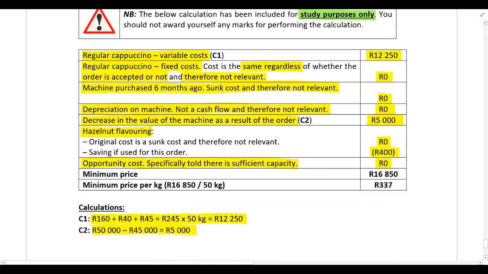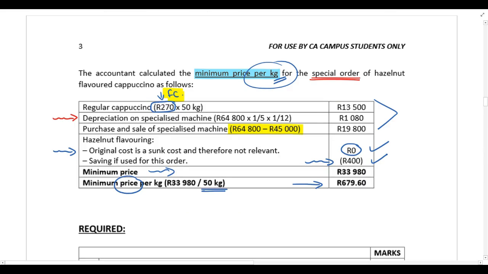All right. And then, guys, what's important to note over here is if the minimum price had been calculated correctly, we get to a price of 337 Rand per kilogram. As per the accountant's calculation, we get to a price of nearly double that, 679.60 per kilogram. Now, the problem with this is if the accountant makes errors like this, you're now going to go to the company and say, okay, we're going to charge you this for the special order, or this plus a markup, whatever it is. And if that company now goes to your competitors or to other companies and requests a quote from them, and if their accountant, I'm assuming, will hopefully perform the calculation correctly,